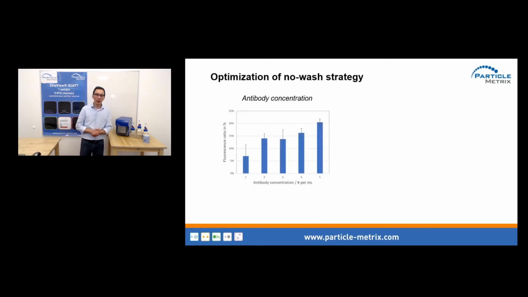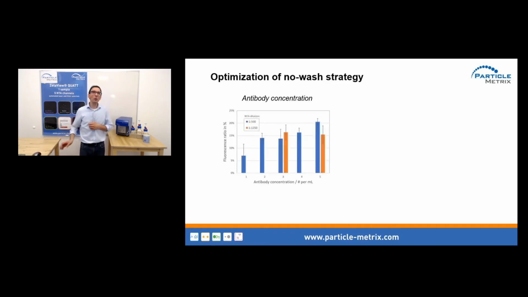This is how the variation of concentration actually works. So this is done with the antibody, and on the x-axis we have the concentrations of the antibody in microgram per milliliter, and you see that it's actually rising. There was a certain incubation time of 3 hours, but if you do a dilution, the orange bars represent a higher dilution. So for 3 microgram per milliliter, this is the same. And for the last one, for the highest concentration, you can see the effect already from a little bit too much of